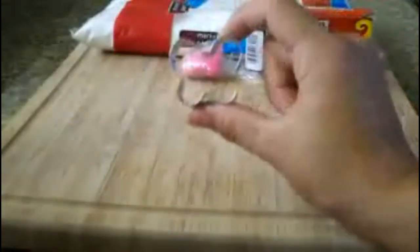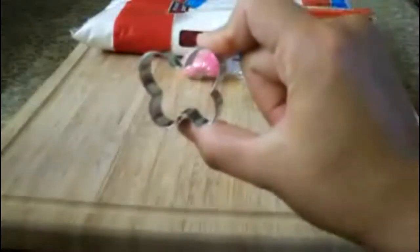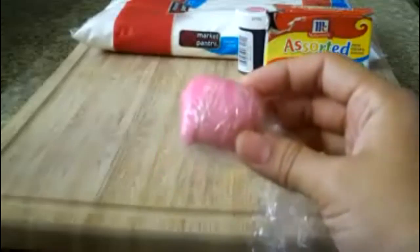Then you'll be needing a butterfly cookie cutter. Any butterfly cookie cutter is fine. I prefer this one because I'm making a video on making simple butterflies, and that was a simple shape to me. And this is the fondant that I'm using,